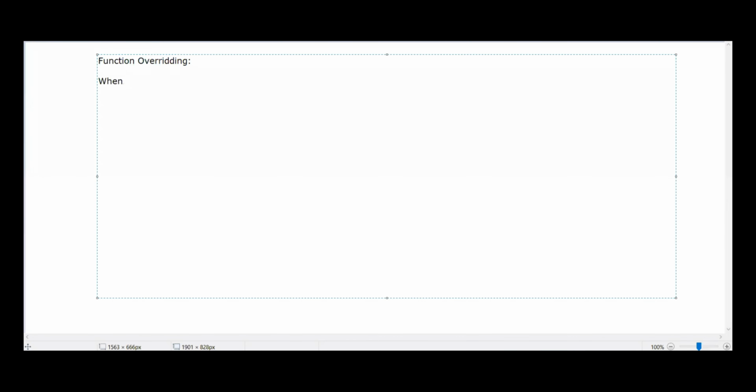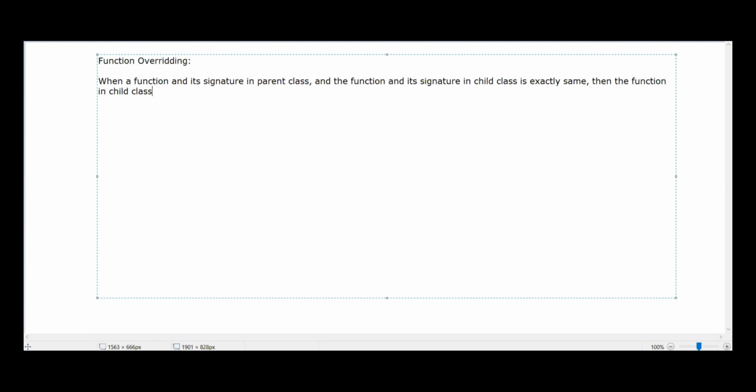So if I define function overriding: when a function and its signature in the parent class and the function and its signature in the child class are exactly the same, then the function in the child class is called an overridden function.